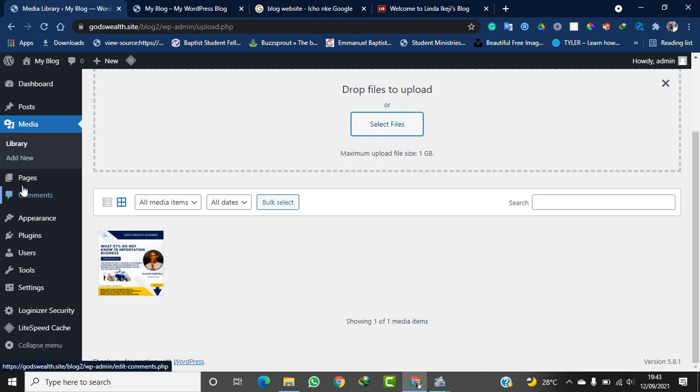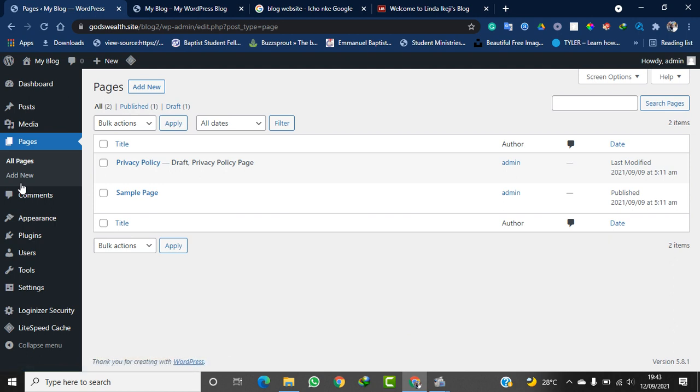So we have the pages. Now there is a difference between page and post. There is a difference between page and post. There is a very big difference between page and post. By default, we have two different pages that has been given to us: the privacy policy page and the sample page. So what I want to do is to make my website light,